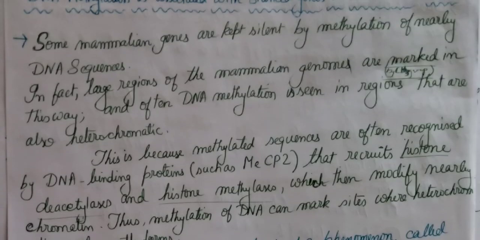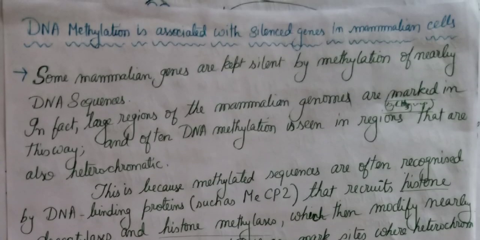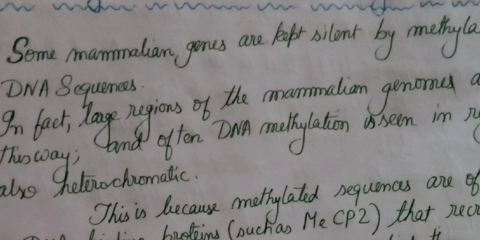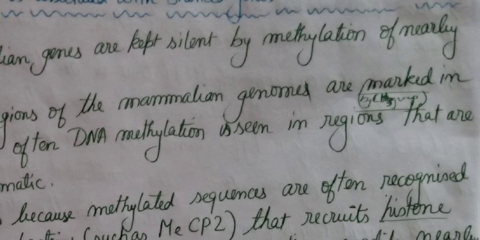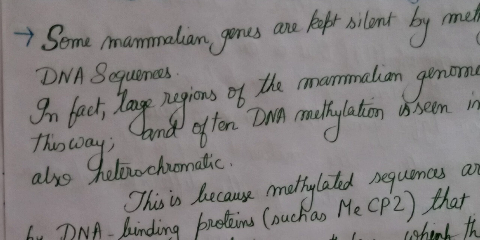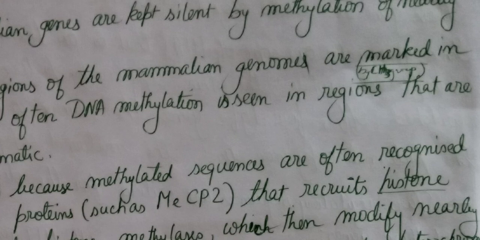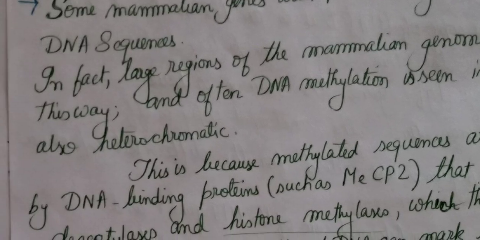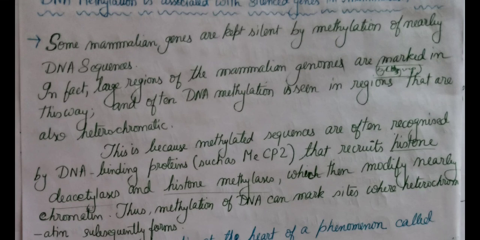So it is saying like this, that large regions of the mammalian genomes are marked by methyl groups in this way, and often DNA methylation is seen in regions that are heterochromatic. So methylation is seen in the regions that are normally heterochromatic. Why? There are some proteins which are associated to form that heterochromatin. Okay, so this is because